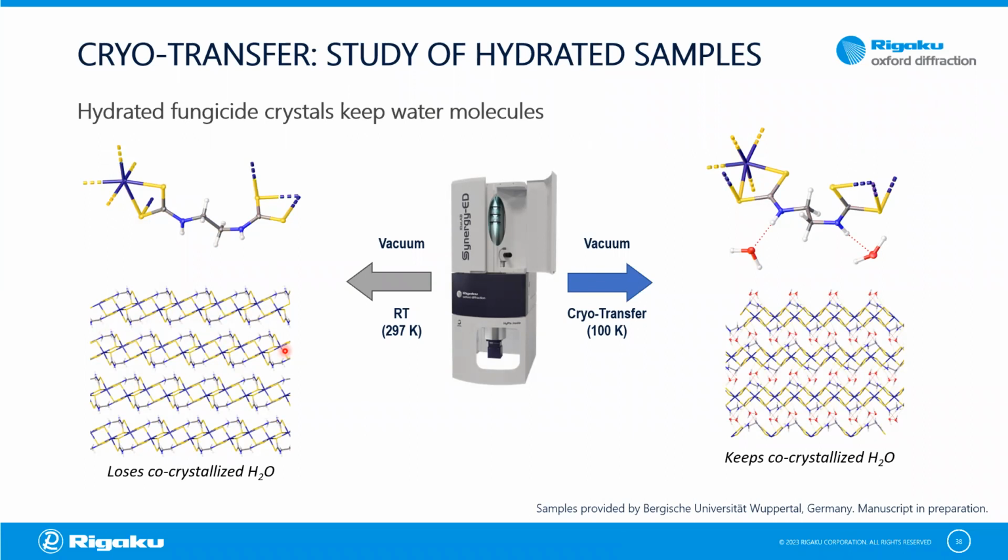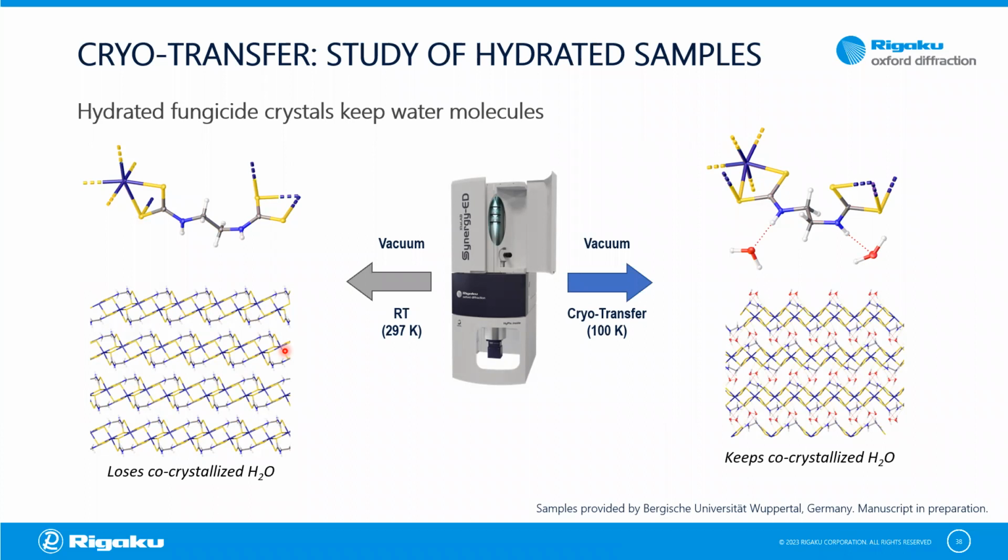This sample was especially interesting for our collaborator from University of Wuppertal, because this fungicide has been known already and used in agriculture for the last 70 years. And they have tried to get at least the X-ray structures or single crystal X-ray structures since the last 20 years. And for us, it took just a few minutes to get even both structures, the anhydrous and the